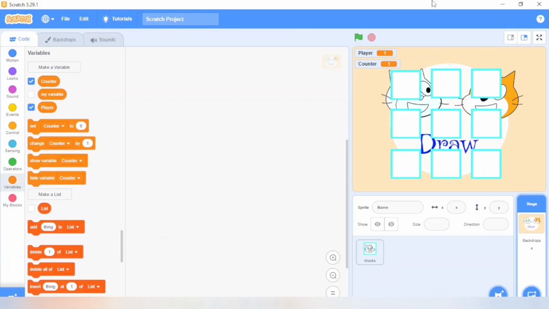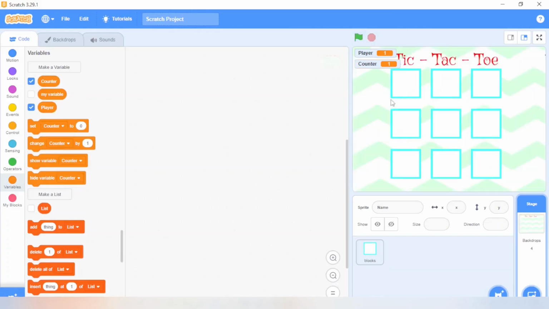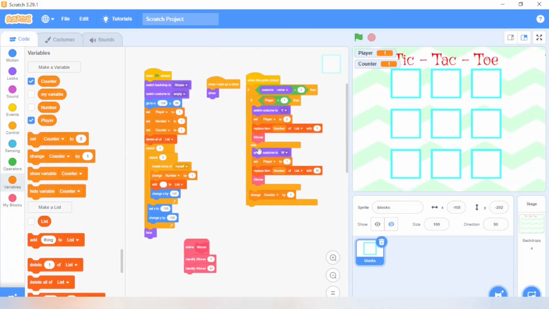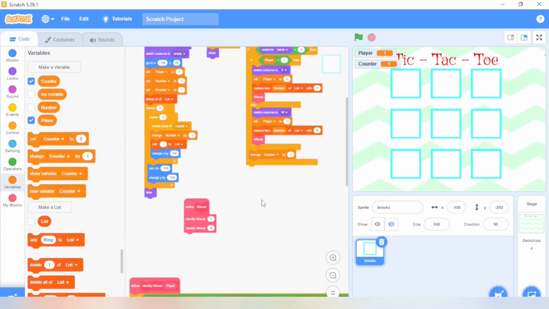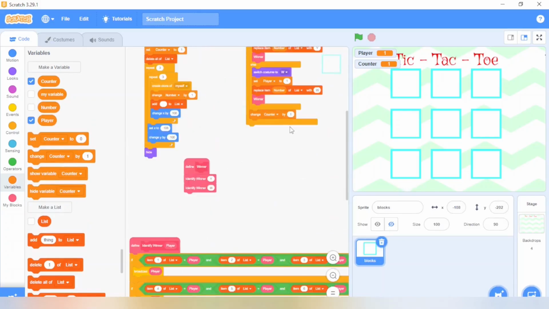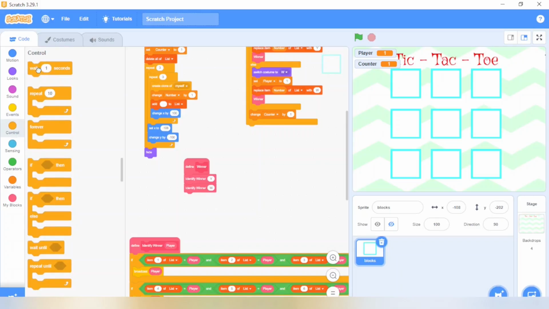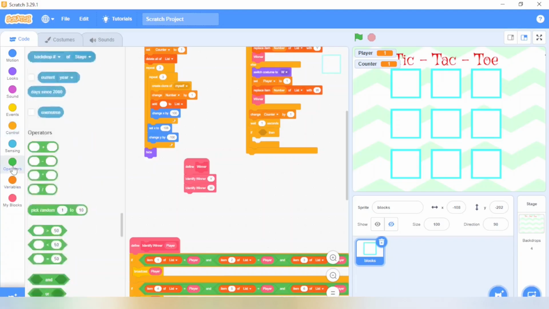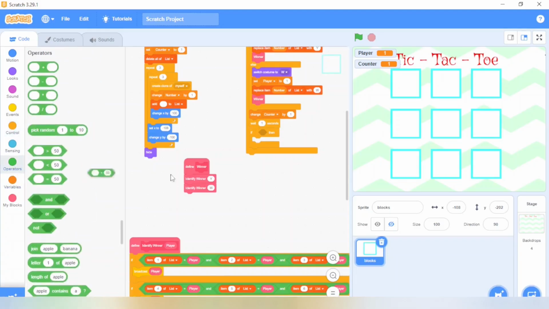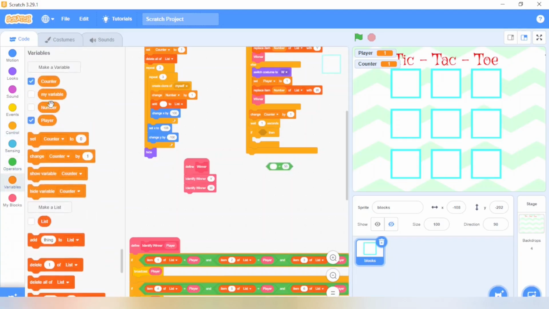Okay, go back to code, click on the green flag, choose our block sprite, and here I'm going to do the coding for draw as well. So for that, here we're going to use the wait block, wait for 1 second, and if condition, I'll use operator block equal 1 variable counter.